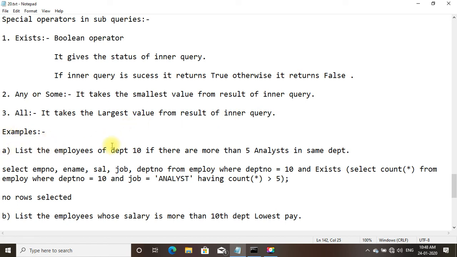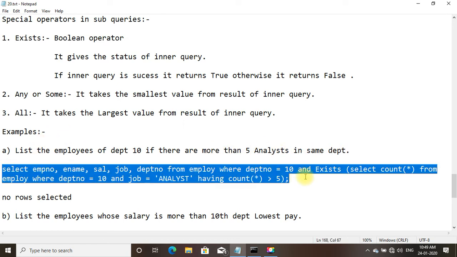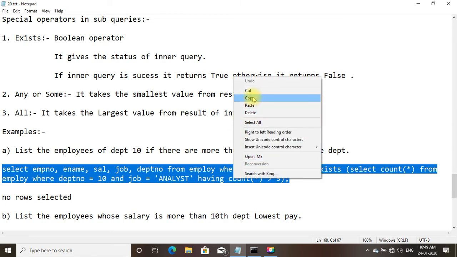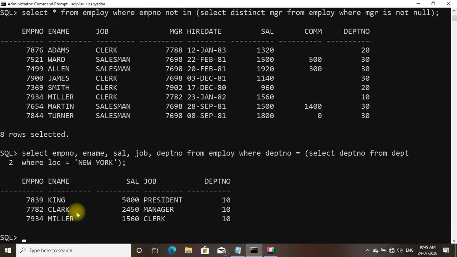Examples. List the employees of department 10 if there are more than 5 analysts in the same department. We shall try this query. Let us clear the screen.